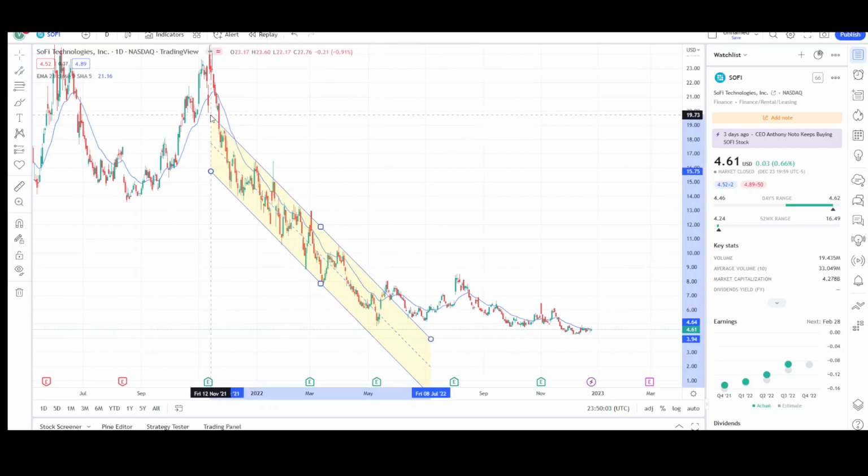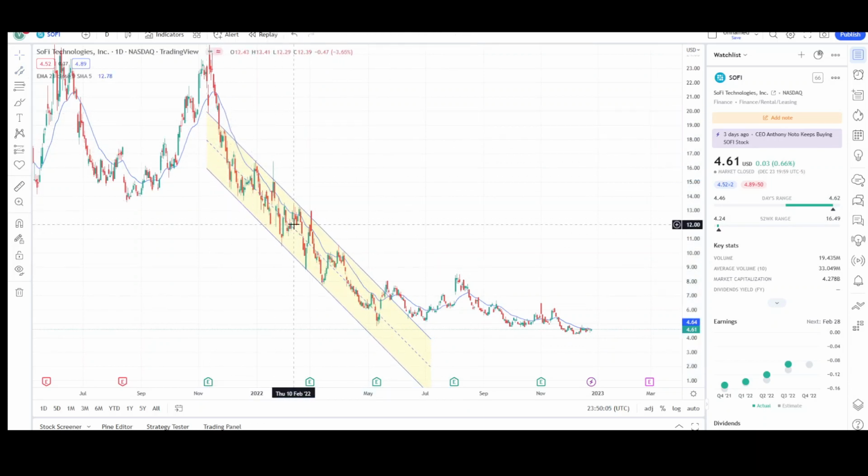If you knew this downtrend was in play, you just drew this channel, you would know not to buy anywhere in this channel, because most likely prices are going to continue to get rejected from the trend line and continue lower. So anywhere in here was not a good sign. Maybe at this low point right here,